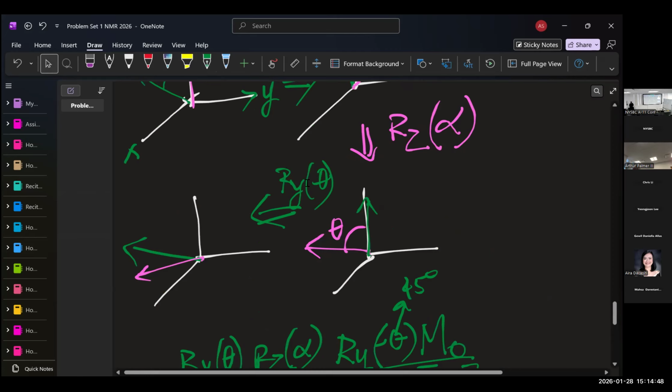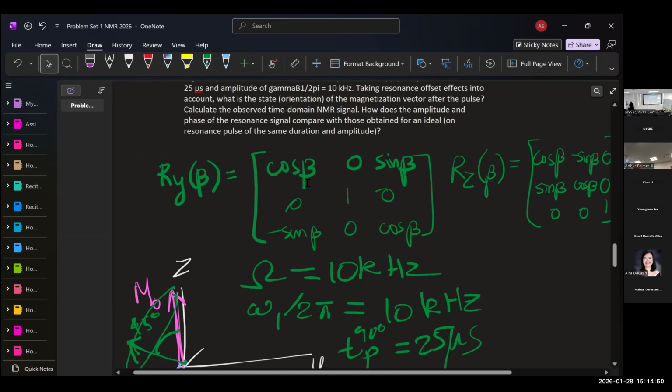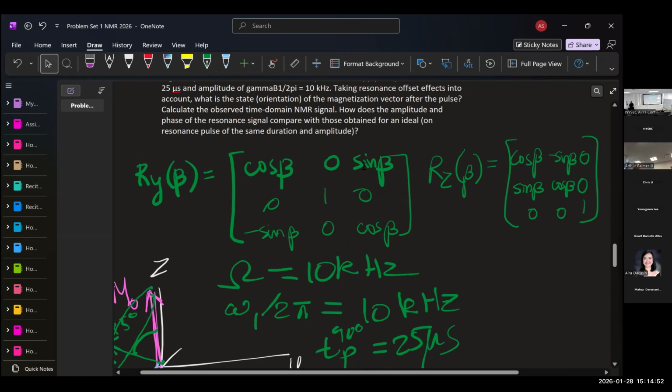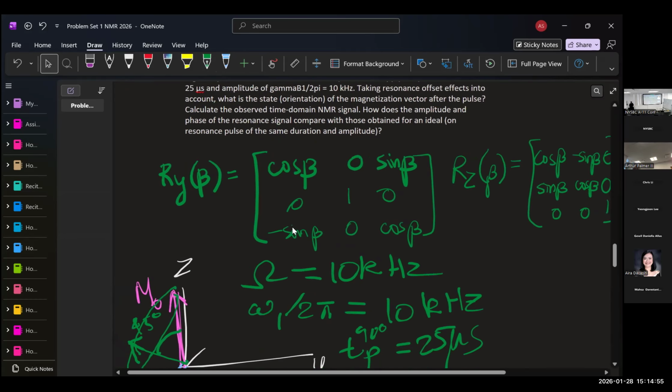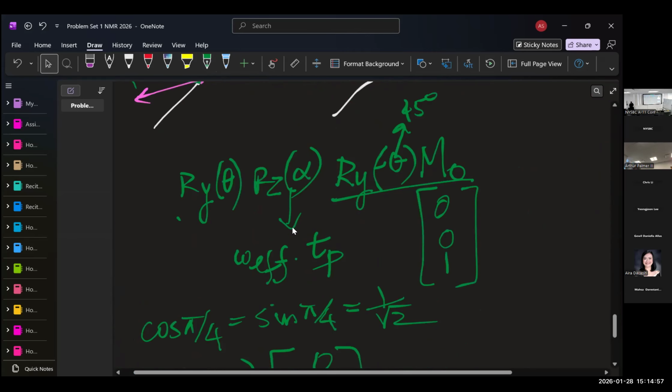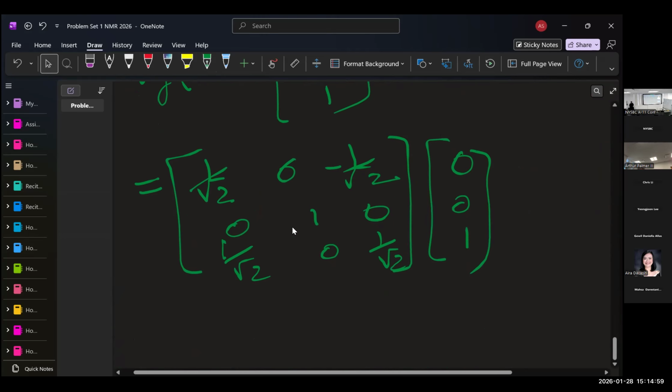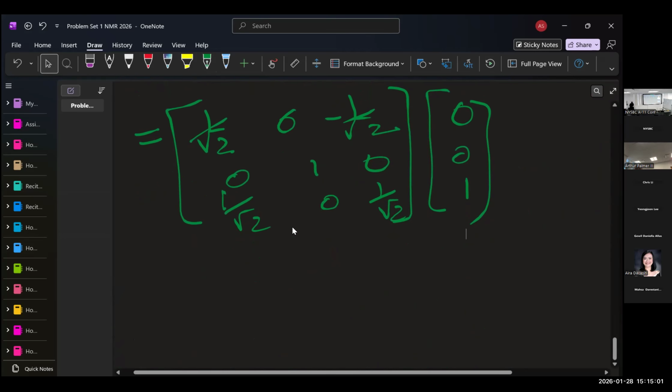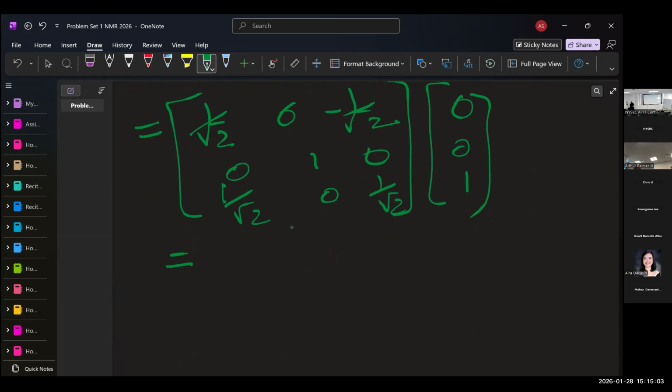I just plugged in the values of cosine and sine of 45 into this and I end up with this, the first step of that rotation. That gives you